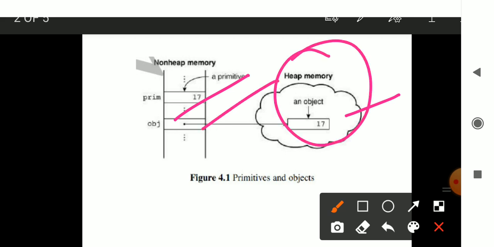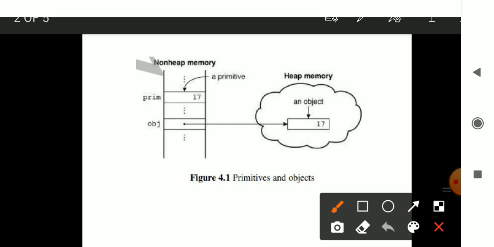When it is a non-heap, you are considering the stack. Stack means each and every time memory space is allocated at different levels, so it is wastage of memory when you consider non-heap memory. When it is in a heap, I refer to the object in that place, and whenever it is not in use, I will use that particular place for some other data. That is the concept of a heap, and there is a difference between a heap and a stack.